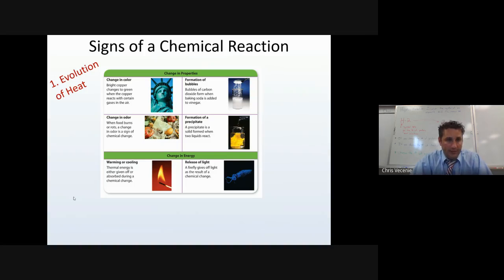First one is evolution of heat or consumption of heat. I touch it, it gets hotter, it gets colder. They have names for them, and there's a slide coming that will tell you that. Second one, evolution of light. So I put two things together, and light gets created where it didn't used to be. Third one,